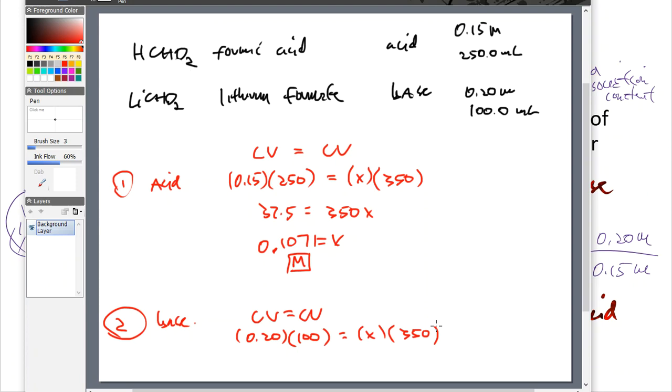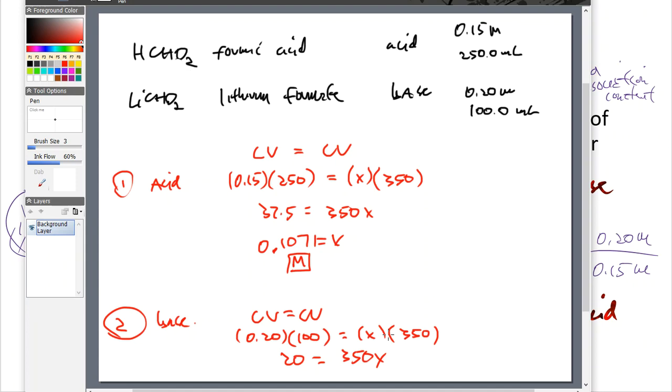Okay, so again, we'll do baby steps. There is my dilution equation. CV equals CV, initial concentration, initial volume. What is the final concentration of the final volume that I have added together? All right, so 0.2 times 100 is going to be 20. So maybe you didn't need a calculator at all. I hope you didn't. So 20 equals